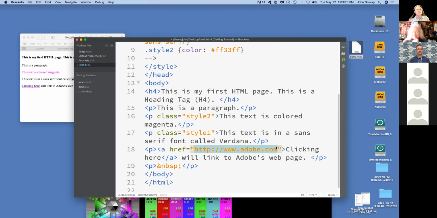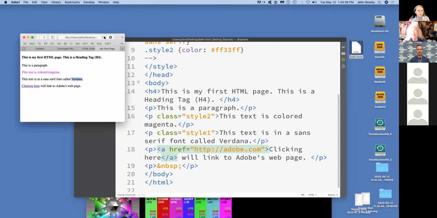http://www.adobe.com. So right off the bat, in 99 cases out of 100, you can eliminate the www. It is a bit redundant. It's like saying my number is telephone number 458 blah blah blah. It's not necessary these days, but a lot of people still put the www in, even though most of the time you can omit it. So I'm going to omit that. I'm going to save the change, go back here and reload the page, and you will see that the link still works without the www. So now if you want to change that to another site,